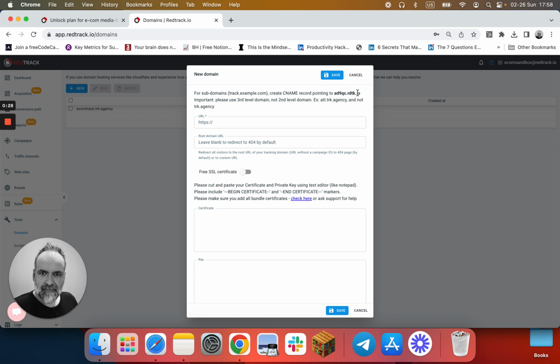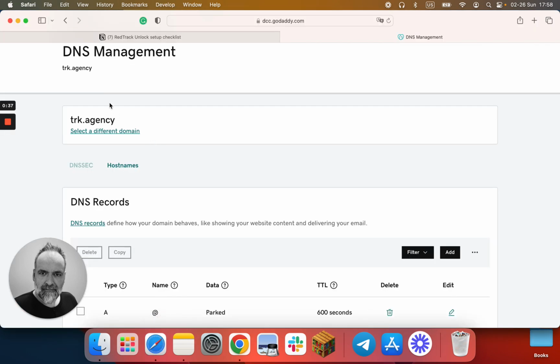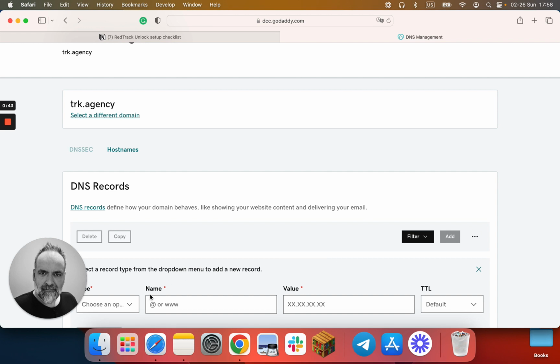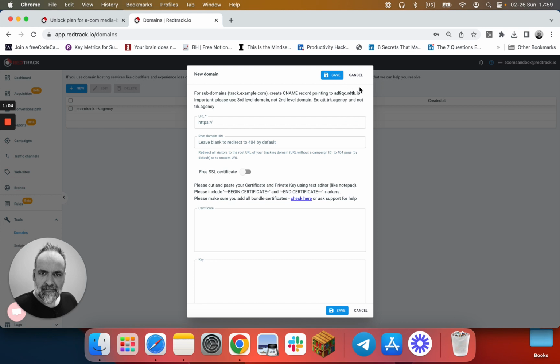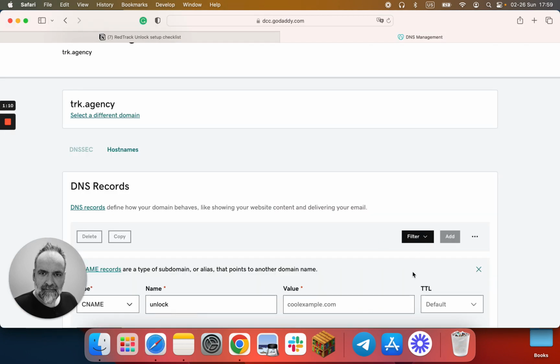So, copy it and then go to your name registrar, for example, GoDaddy, where you have your domain, DNS management, click Add. Then you do CNAME, then you do the subdomain that will be used for tracking, unlock, for example, and then we provide the value. Oops, that's the wrong value. We provide the value from this page. Provide the value,